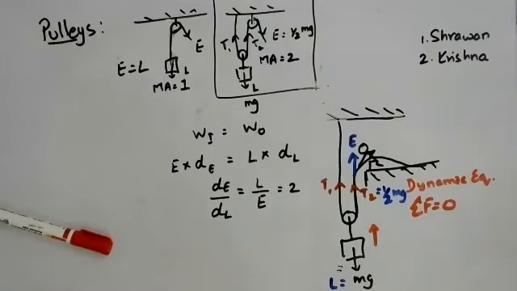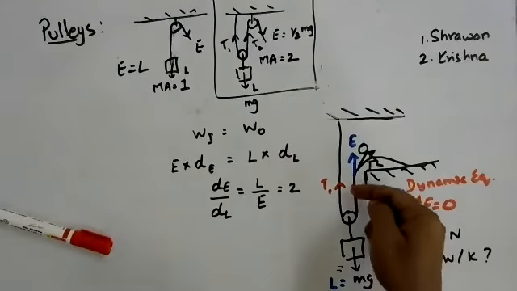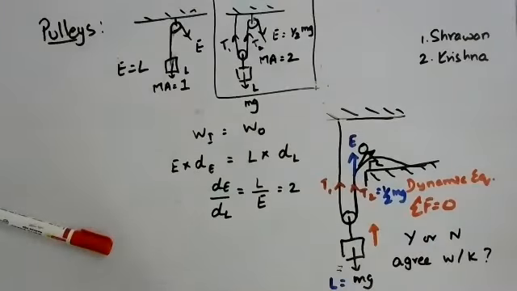What do you understand from this situation? What can you say? That is my question. So Shravan and Krishna are invited to have a crack at this. So most of you, when asked the question, a student Krishna gave the explanation that what that means is that if you pull the effort side, the rope by 1 meter, then the object actually moves by only half a meter upwards.